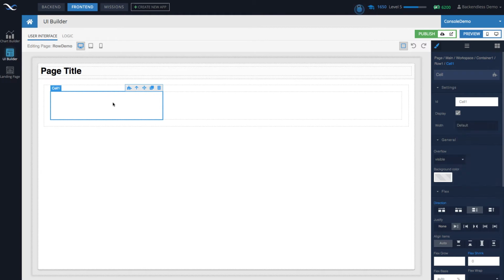Here I have my cell selected, and as you can see in the width, there are 12 different widths that this cell can occupy. You can have multiple cells, and if you want them all to fit in the same row, you need to work with ratios to make sure it adds up to one whole.